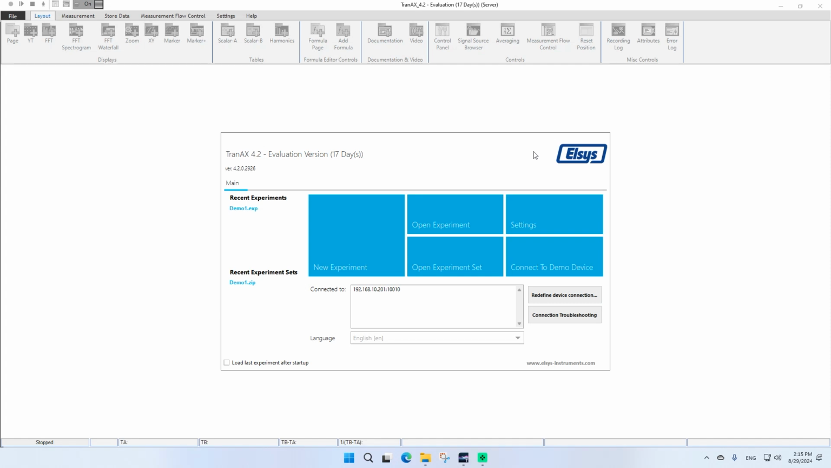Welcome to this tutorial. In this tutorial I will show you the basic concept in TranAX regarding experiments, data storing, measurement flow control and how to reload measurement files. Let's start with the experiments. I'd like to show you what is behind the concept of the experiments and what is the best way to